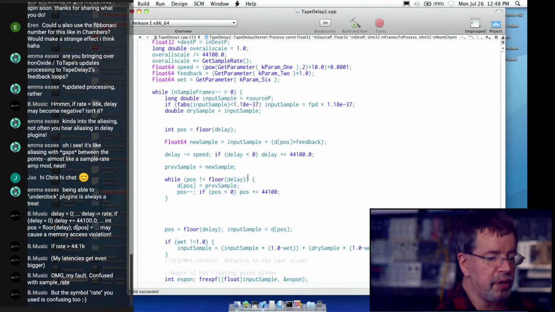And while it is not reaching its target, because int pause equals floor delay, this is going to go silent if it's always equal to floor delay, because we'll never run any of this. But this should step through assigning everything to the new sample, which is previous sample. The interpolation is going to come with this, but